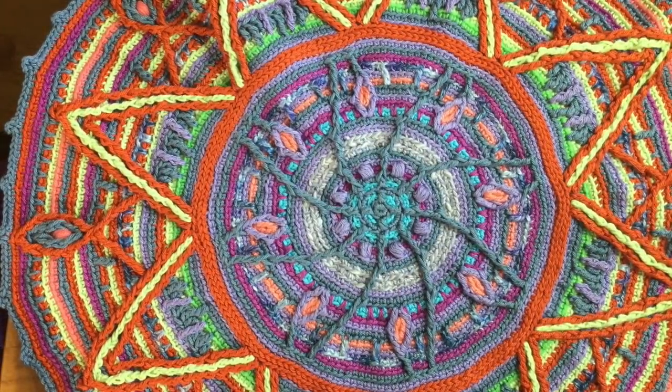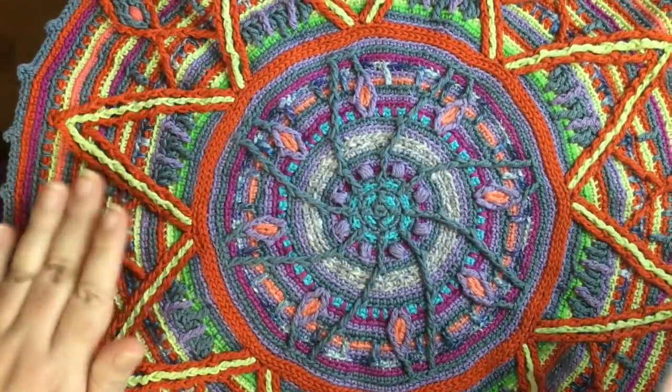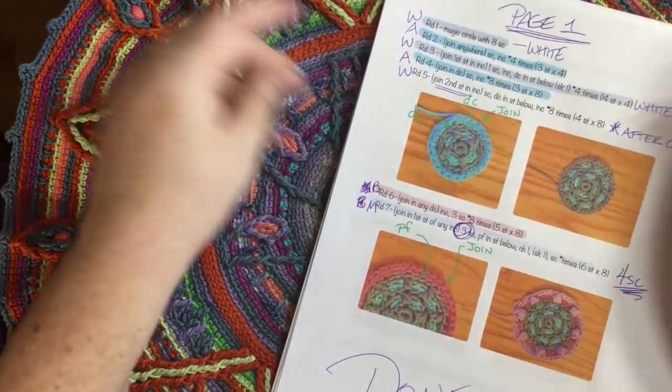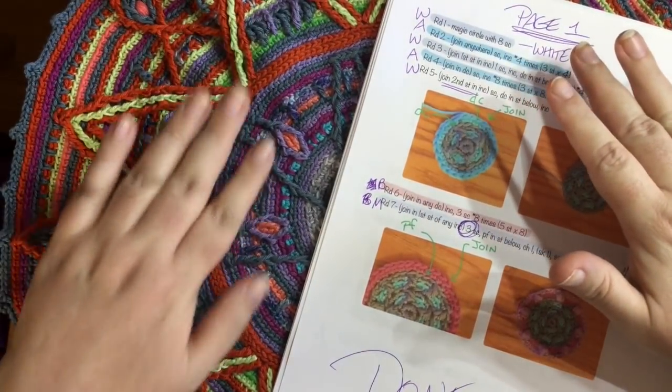Finally, before we begin the first round, I want to show you this, the other sample I have, which is with the other color palette. And forgive all my doodling here, but these are my notes. The written instructions for this pattern using this color palette